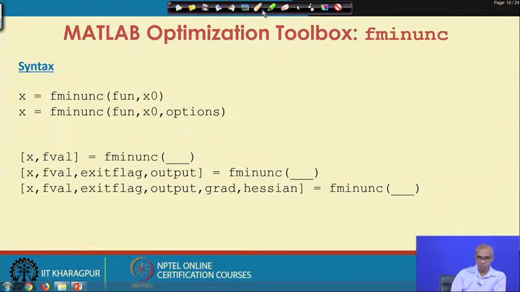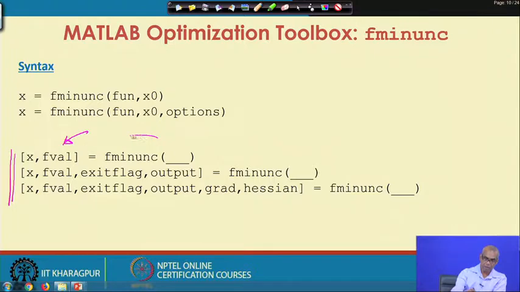Now, here are more details about the syntax. If we look at the left hand part, these are the values that are returned by fminunc. So, x is the optimal solution and fval is the function value at the optimal solution.